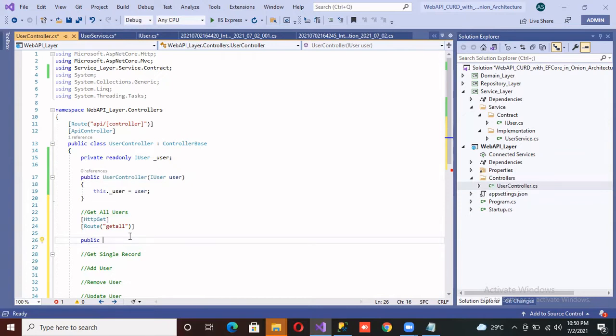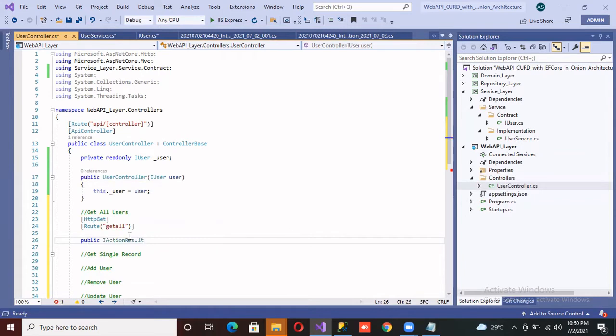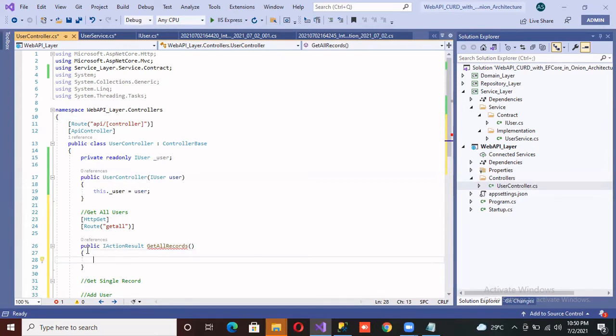Okay. Now here first I'll define public, then I'll provide IActionResult. For the controller, this is a return type, and here I have to give the name of the controller. It doesn't matter whatever name you give here. Get all records. Now, here I'm just going to create a variable of response.